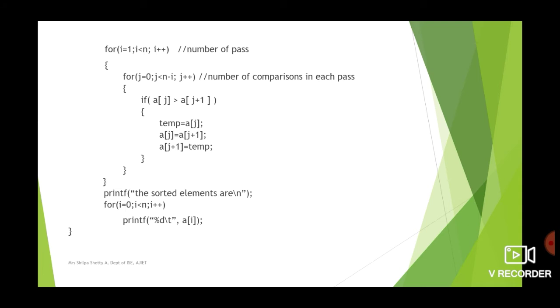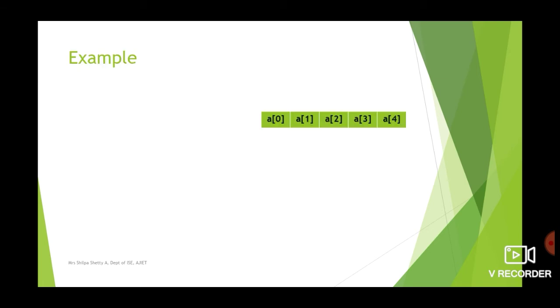So once the elements are sorted, we can display the sorted elements. Again, to display the sorted elements from the array, we need to use a for loop which goes from 0 to n minus 1. So for i = 0, i < n, i++, printf("%d", a[i]). And you know that when you are using printf, you are not using ampersand. So simply write a[i] and %d, as I told you, because the array A contains integer elements. So that is about this program.